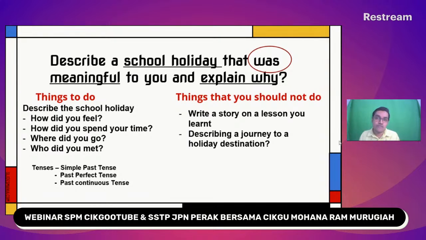Okay, these are the things that you have to keep in mind. Read the question carefully. A lot of students miss out the most important element in the question. For example, some people describe a school holiday that was meaningful, but they did not put the explanation why. So as you get your question in your SPM, when you read the question, try to take a highlighter or a pencil and a ruler, underline all the most important parts of the question